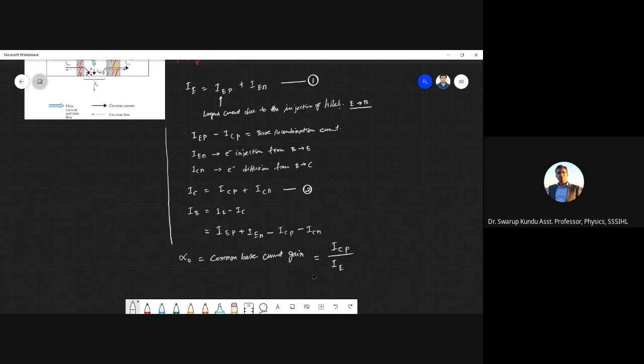So it's called common base current gain. And now if you put this term, so this will be like ICP, but IE we already defined from equation 1, right? I can write IEP plus IEN, right? So this is the common base current gain expression,